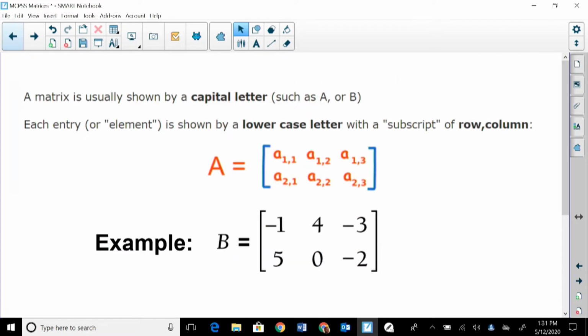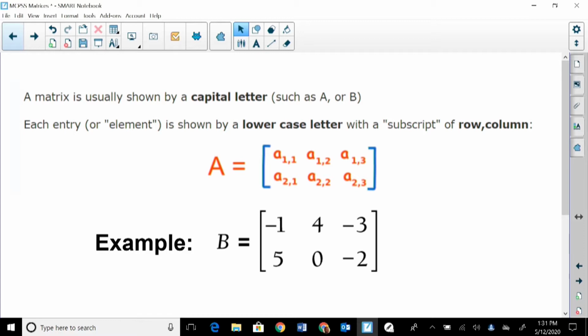Let's look closer at that. We've already said a matrix is shown by a capital letter, such as A or B. In this case, we have A, we have B. Each entry or element is shown by a lowercase letter. Here we have our lowercase letter a, 3 times across the first row, 3 times across the second row, with a subscript. These subscripts represent the rows and columns. Notice, everything here has 1 as the first number because it's of the first row. Everything here has 2 as the first number because it is of the second row, and then the column goes